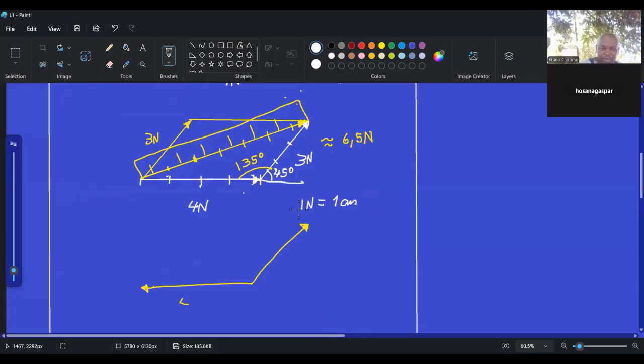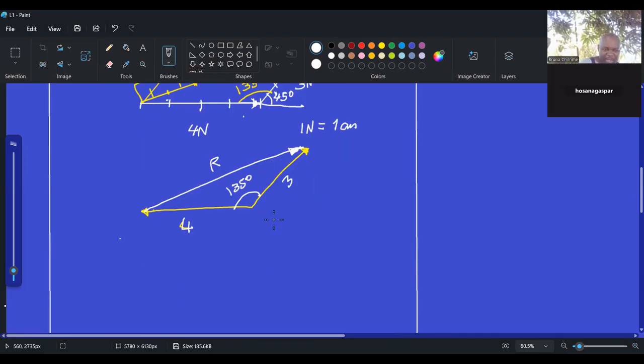Now, if you use the graphical method for this one, we simply recognize that we have 135 degrees, 3 newtons here, 4 newtons here. So we are looking for this, and we can call it R for resultant. There is that theorem that says R squared will be equal to